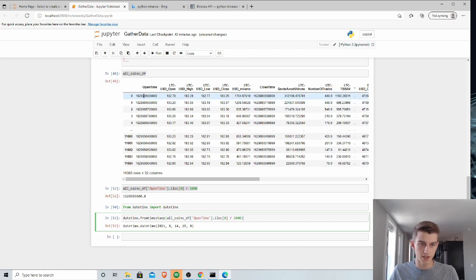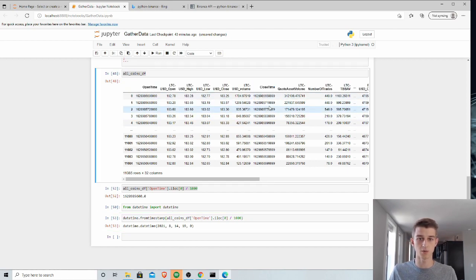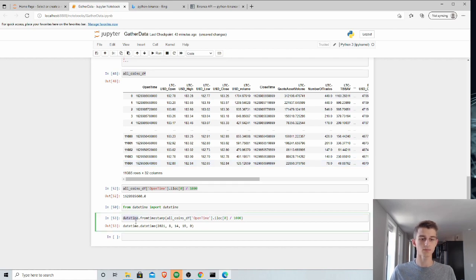And so instead of just doing one here, we want to do each of these columns. We want to go through each timestamp in this open time and close time column, convert it to a datetime format, and then write it back to these columns. So we're going to say all coins data frame open time is equal to, we're going to make this a list, and we're going to use a list comprehension to iterate through this and convert each to datetime. So we're going to do datetime.fromtimestamp, we're going to call it TS for timestamp, and then we're going to do for TS